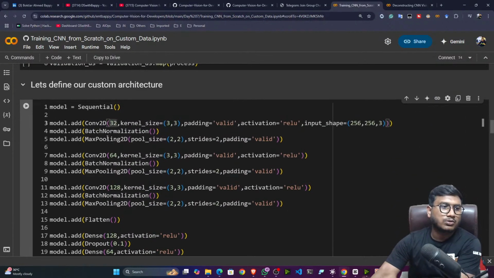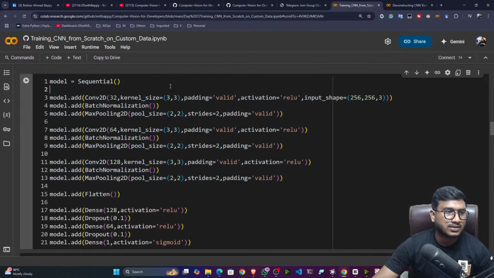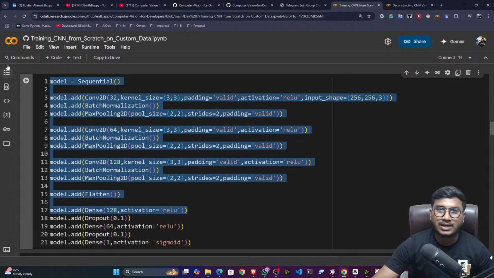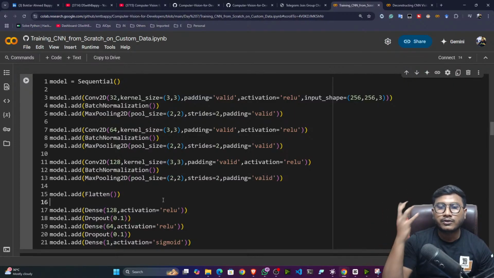But if I want to show you the visualization of the filters and feature maps, I need some pre-trained model, okay? Because I can't use the from-scratch model, because this model doesn't have any information right now. This is a completely new model, a newborn model, right? But if I want to show you some meaningful features, some meaningful filters, I have to use